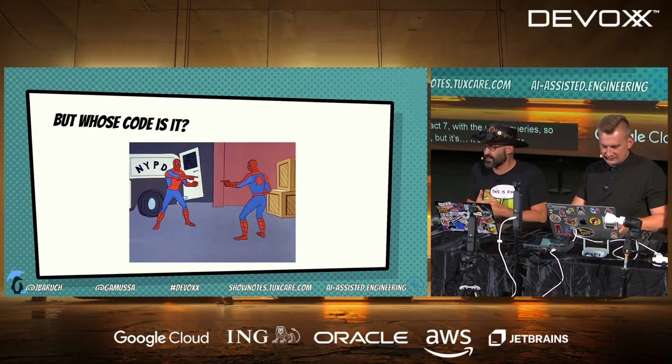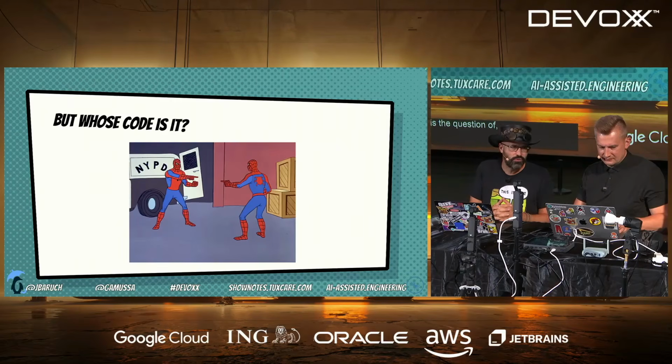And the reason it's too similar is because all those models were pre-trained on the same code, on the same GitHub repos, on the same Stack Overflow questions, etc. And what I'm getting into is the question of the copyright and the rights of the code that you consume, and most importantly, that you produce.